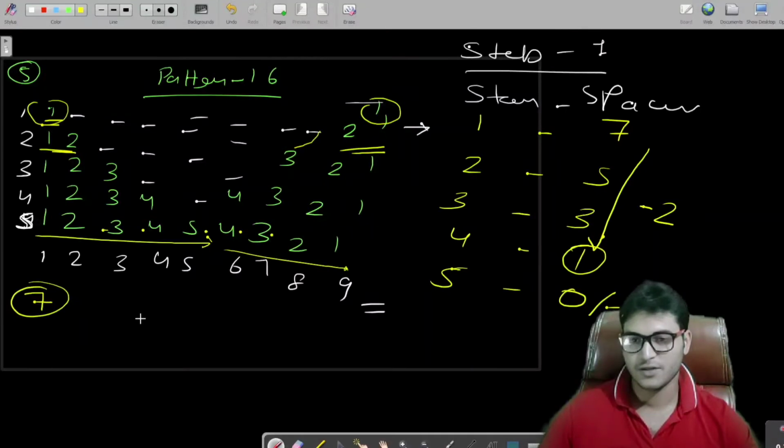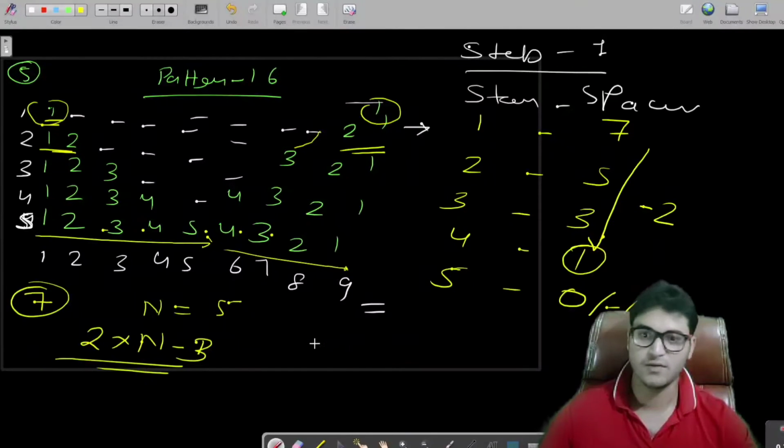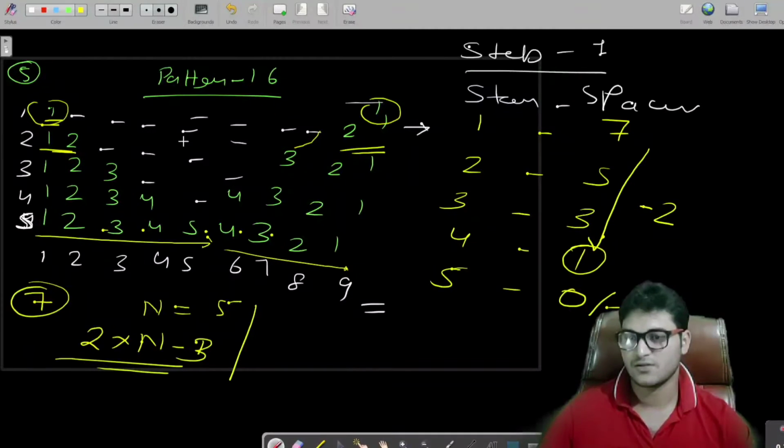So what it should be, let's say we are having n as 5. So if we apply this formula, 2 into n, which is 10, minus, sorry, minus 3. So let's verify this, whether this is working or not for this row.